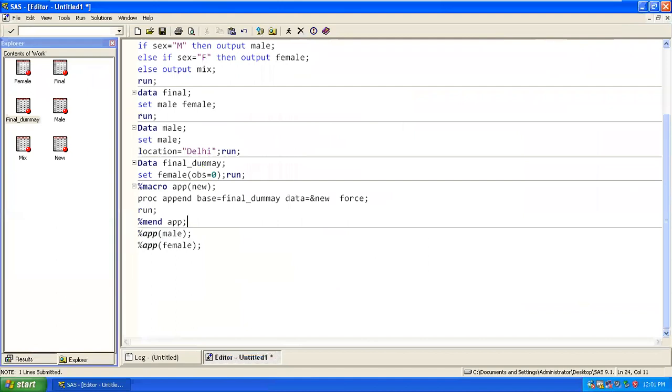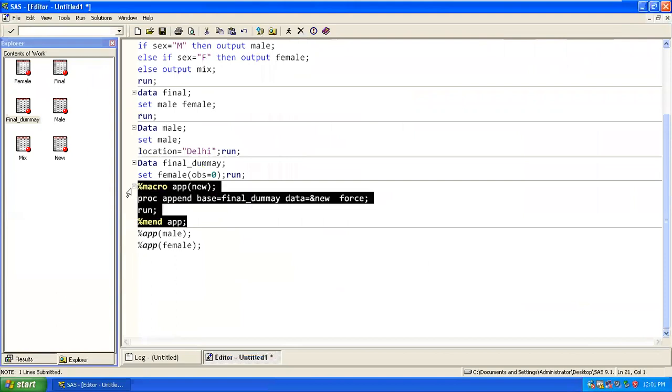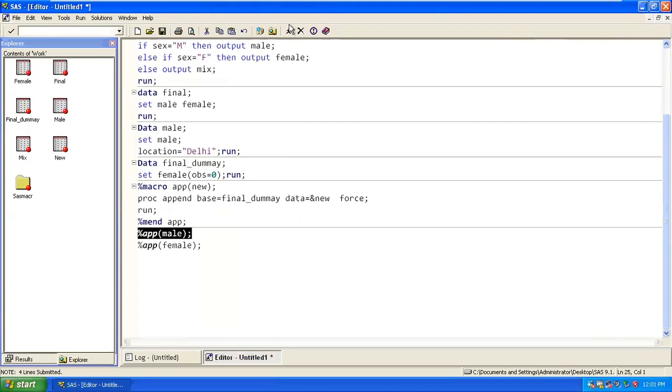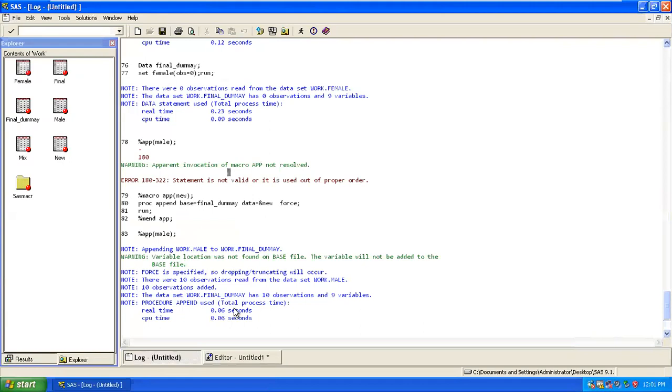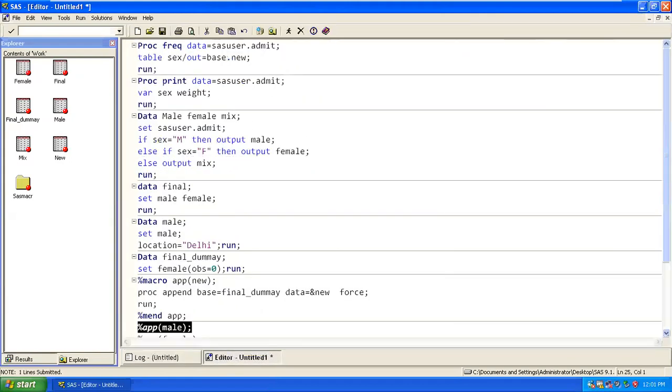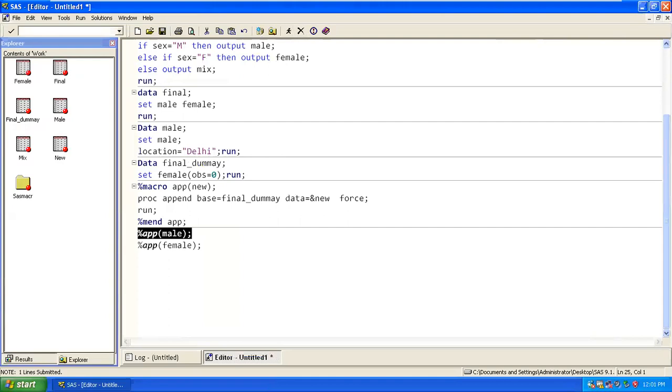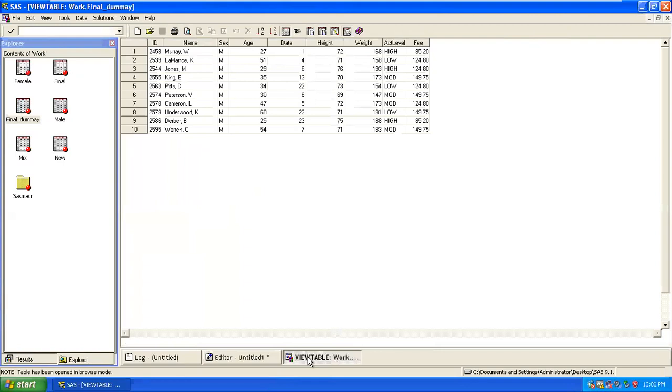So now proc append base force new. Okay. Now the same query is working. I don't know why earlier it was not working. If you go and look, now we got this many data sets.